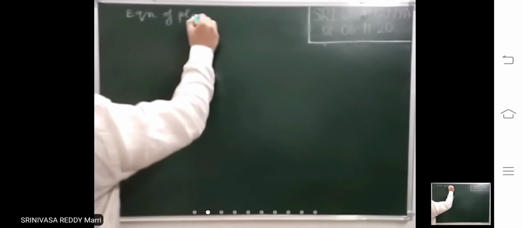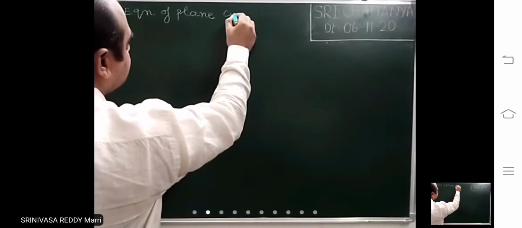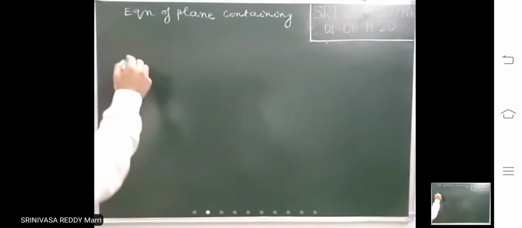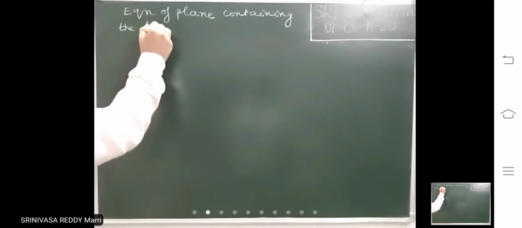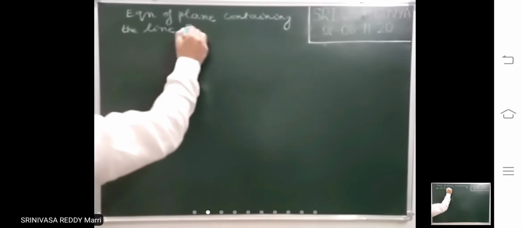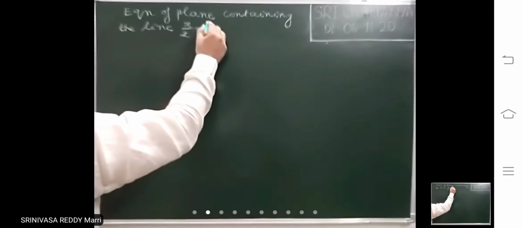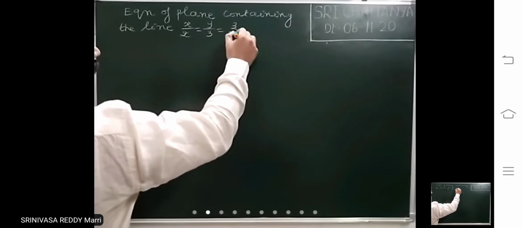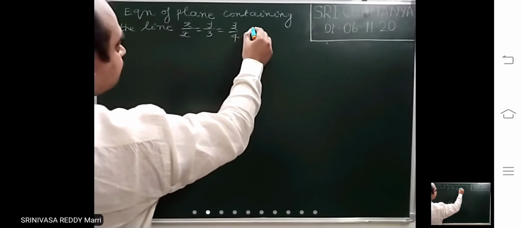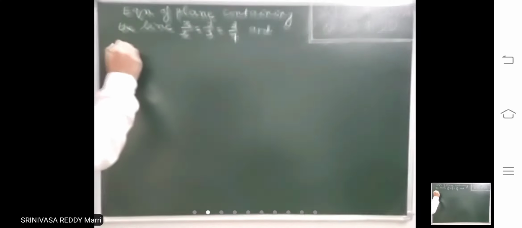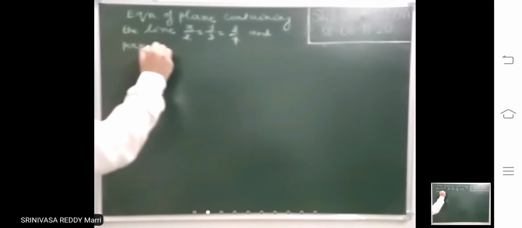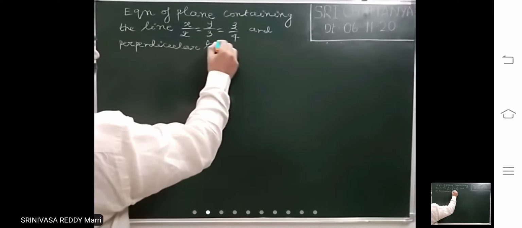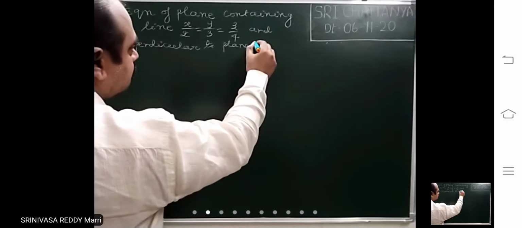Equation of plane containing the line x by 2 equals y by 3 equals z by 4 and perpendicular to plane